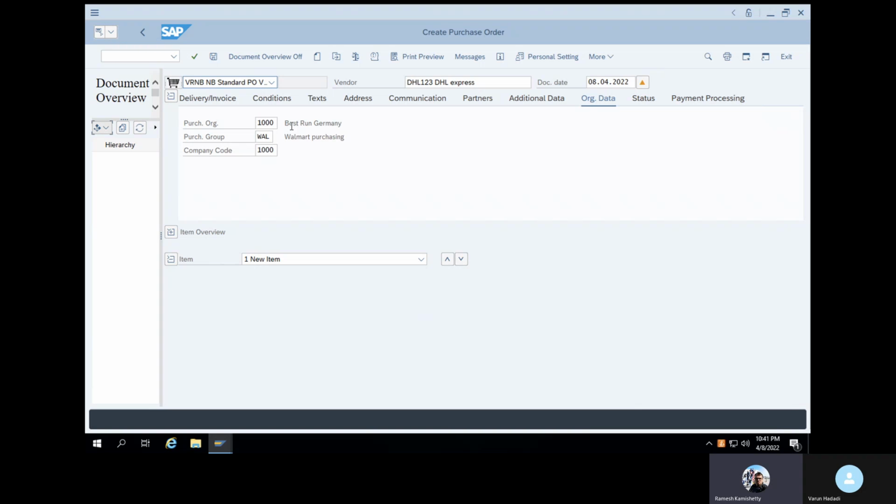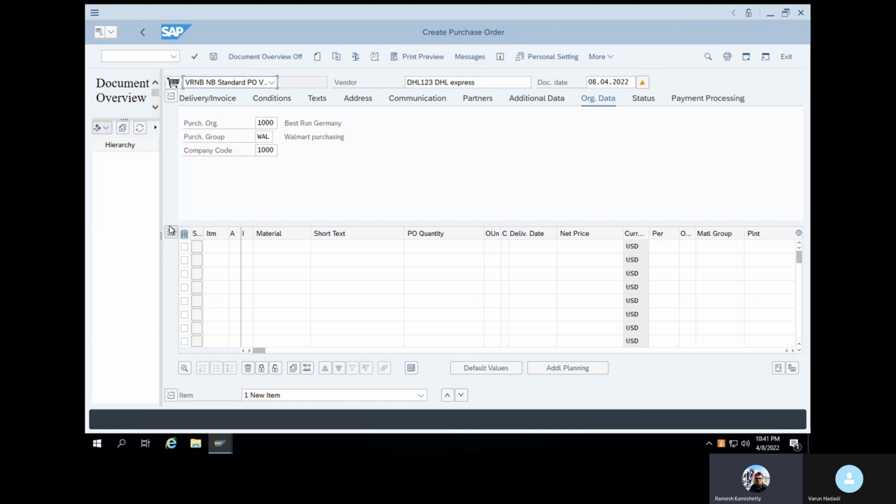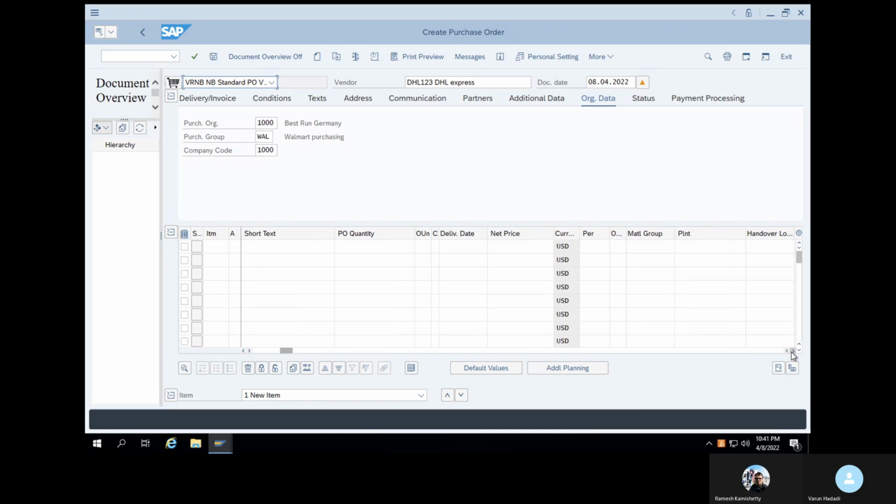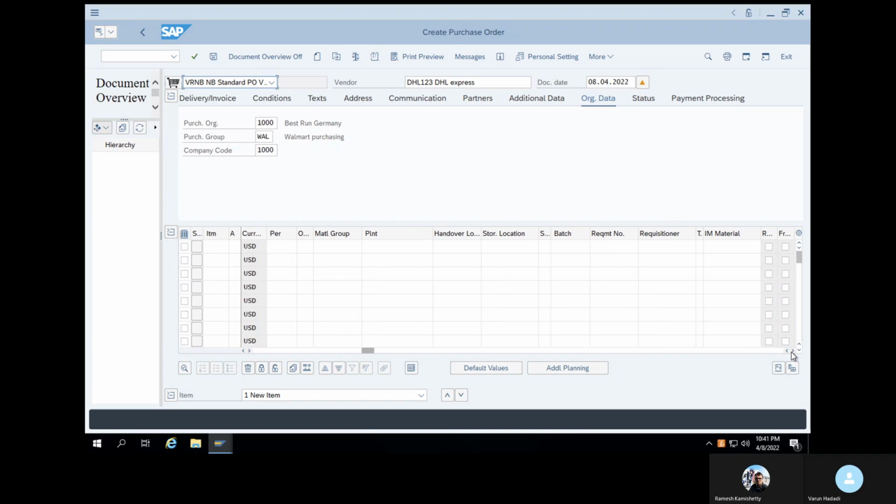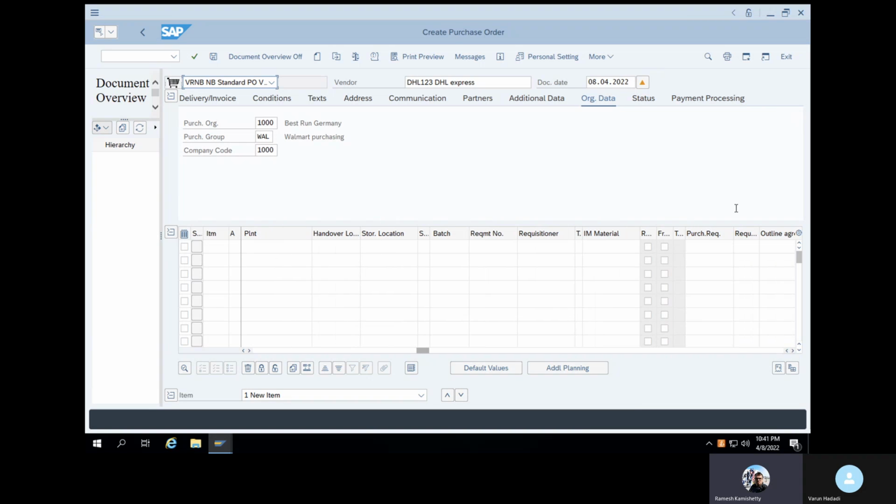Click on item overview at the bottom. So no need to enter material directly. Enter the PR number directly. Scroll to the right side, after the check boxes, PR number. Enter the PR number, Control V. Press enter.